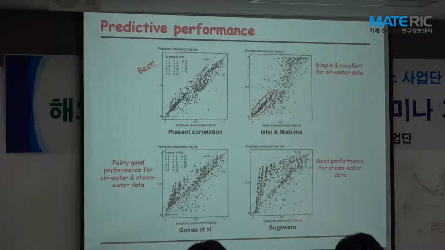I'd like to talk about the Sugawara first. Sugawara's purpose was only the dryout prediction. Therefore, he decided to use only the steam-water data. Therefore, good for steam water, but bad for air water. And the Govan is reasonably good for air water. But anyways, my